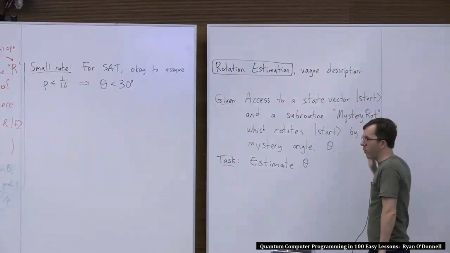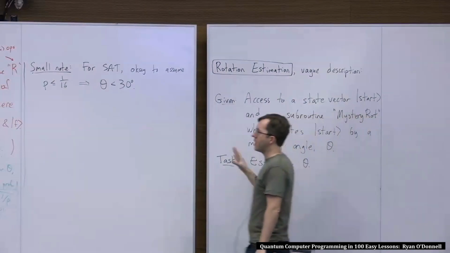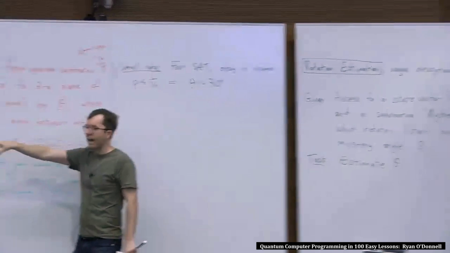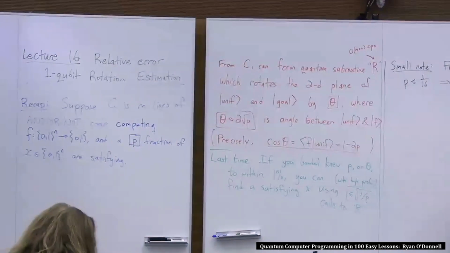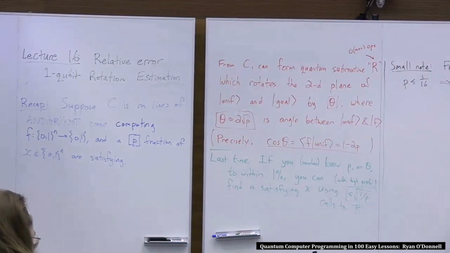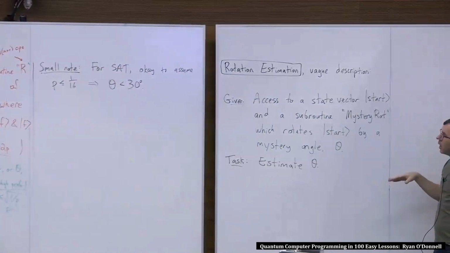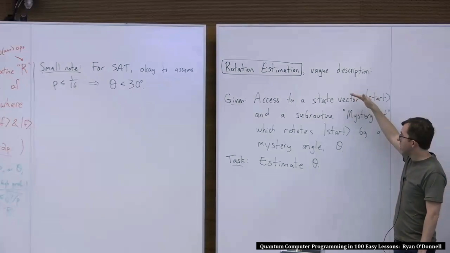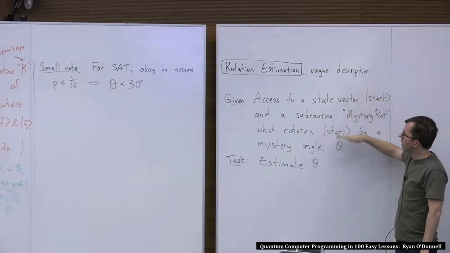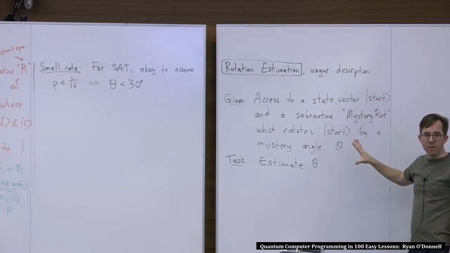So basically, for the rest of the lecture, we're going to forget about this motivation from Grover's algorithm. We'll come back to it either at the very end of this lecture or at the next lecture, just to put the pieces together. But for now, because there are a lot of ideas involved in this rotation estimation problem, we're just going to think of the simplest possible setting for it,